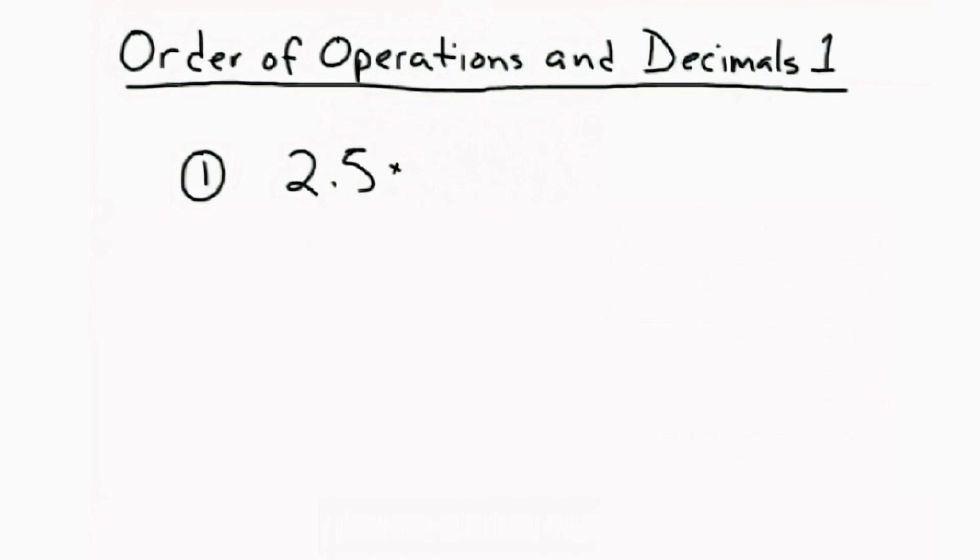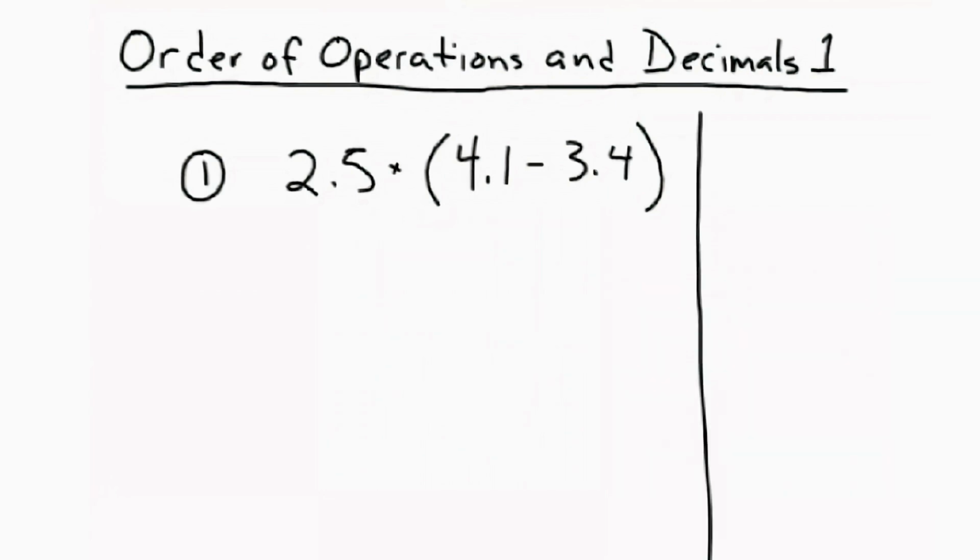2.5 times bracket 4.1 minus 3.4. So we know we have to do our brackets first. Now I'm going to do a bunch of work on the side here so that I don't clutter my answer here. So 4.1 minus 3.4, we know we have to do first because that appears in brackets. So 4.1 minus 3.4,